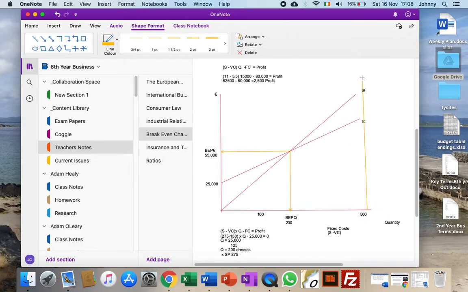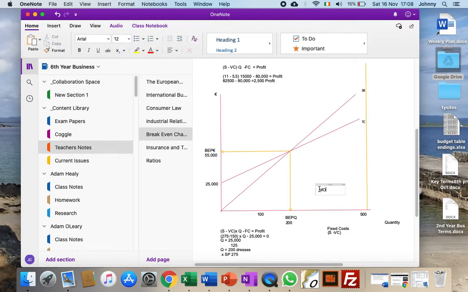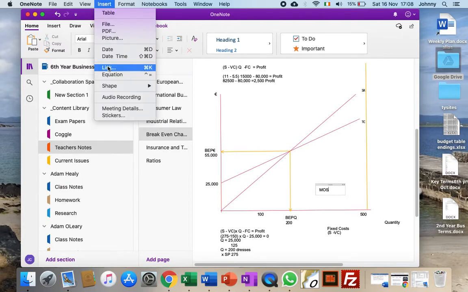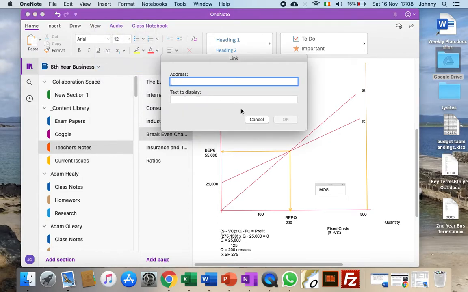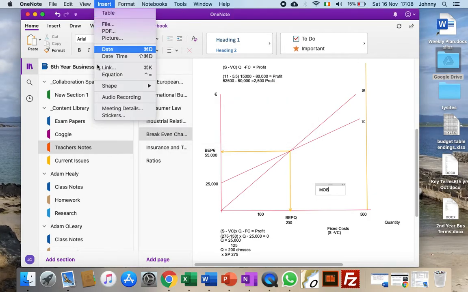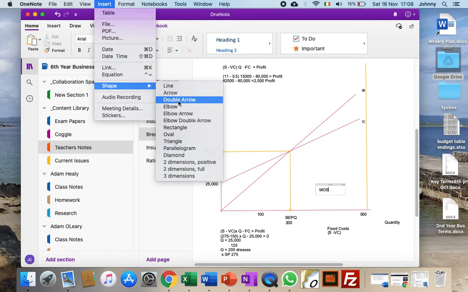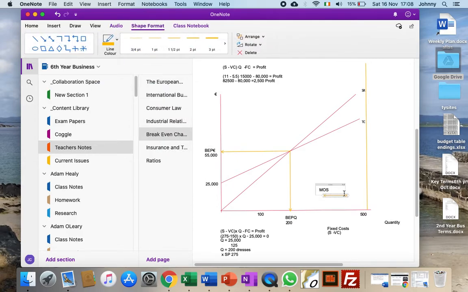So 500 is there. If I draw a line straight up there, that is our expected production, and the difference between the two is our margin of safety. So I'm just going to put in MOS for margin of safety in here, and I'm going to put an arrow in here to show the margin of safety. So the difference between that line there and this line over here is our margin of safety. Okay, so margin of safety is obviously